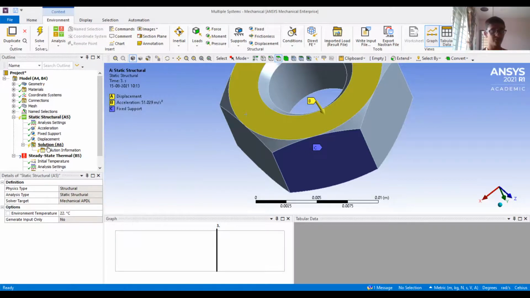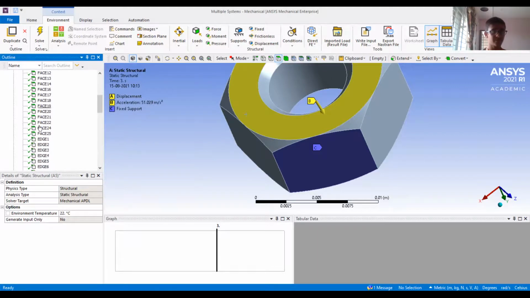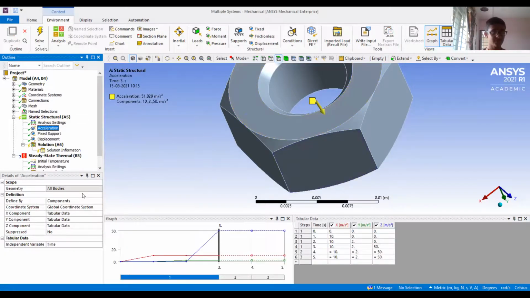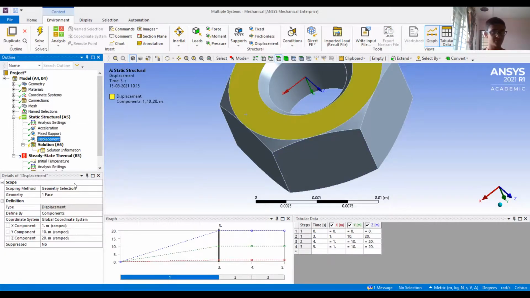And we'll end over here. The one important thing I want to show you is the named selection. So already I have some named selections made. And in the excitation, let's use displacement. In the scoping method, that is the point on which the displacement will be applied. So over there I can also choose named selection.